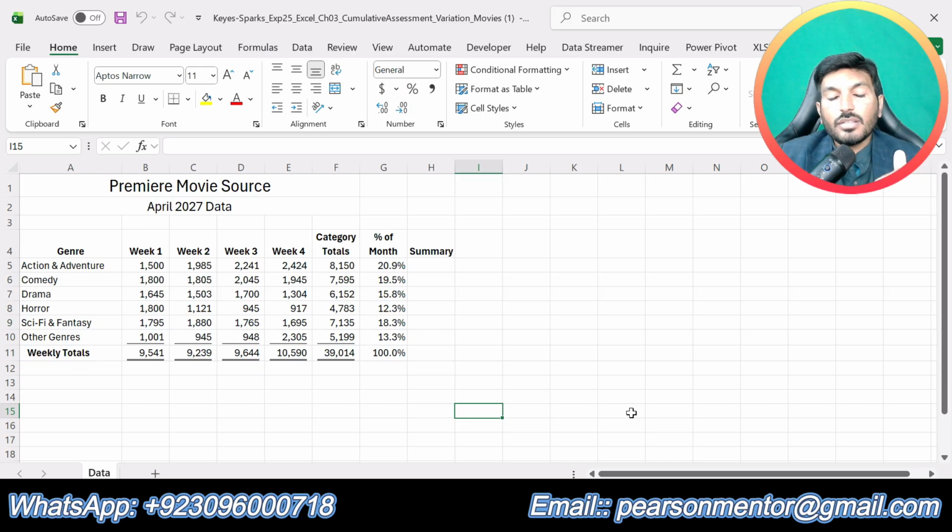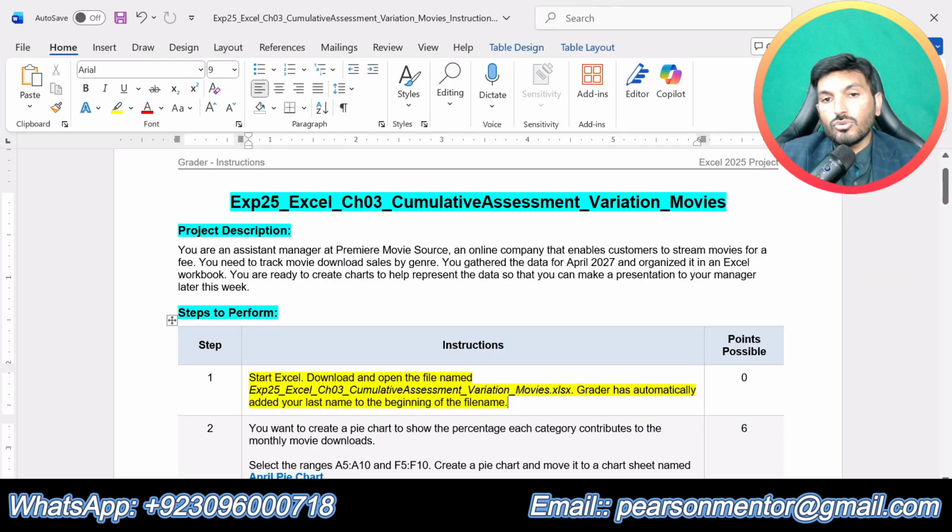We will apply all the instructions, all the steps to this Excel workbook, and we will make it the final form for submission. Your first task is to download and open this Excel workbook from your course dashboard or Pearson dashboard. There is nothing else to do in step number 1. Step number 1 is just about downloading the Excel workbook.